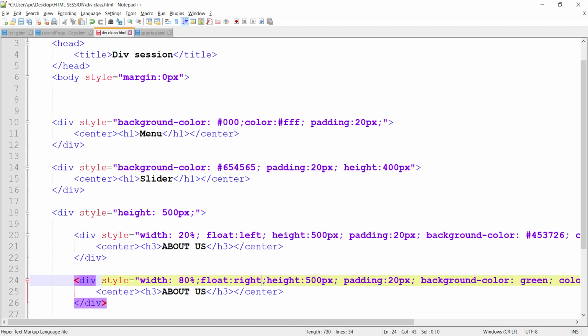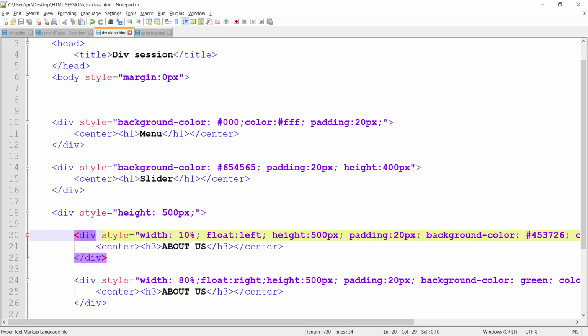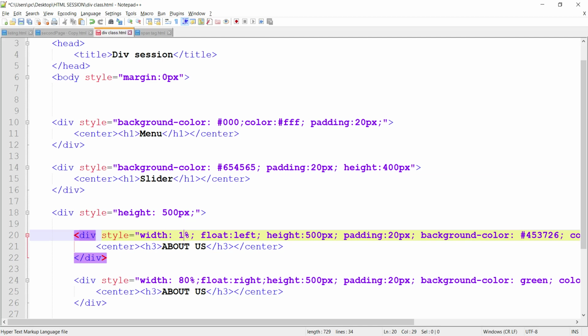We have given left, and in this case we will use right. Okay, so 20 and 80. Let me give some more.